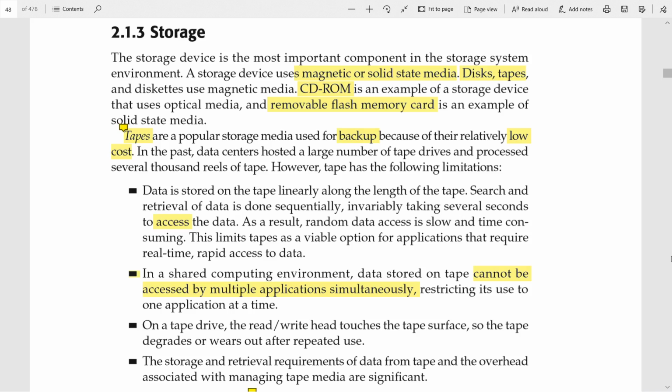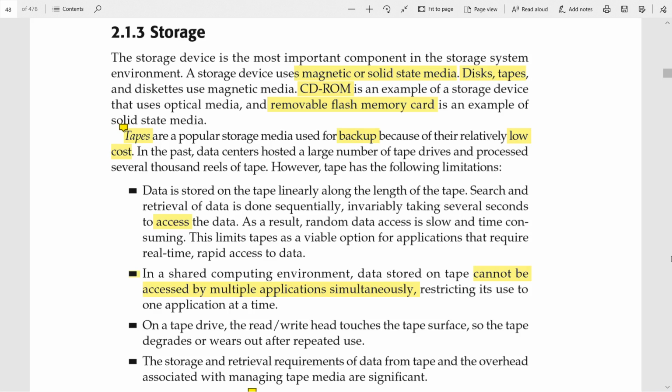Now we are going to see the third component of the storage system environment, that is the storage. We have two types of storage: one is the memory and the next one is the storage devices.